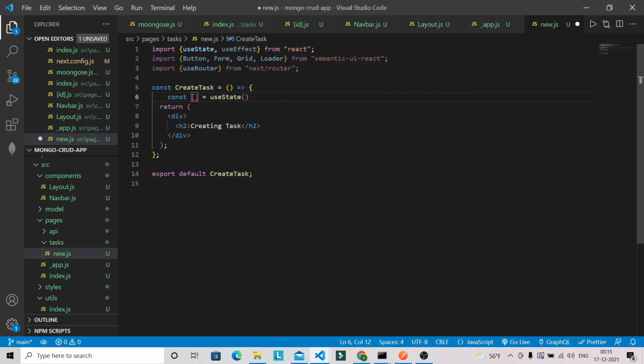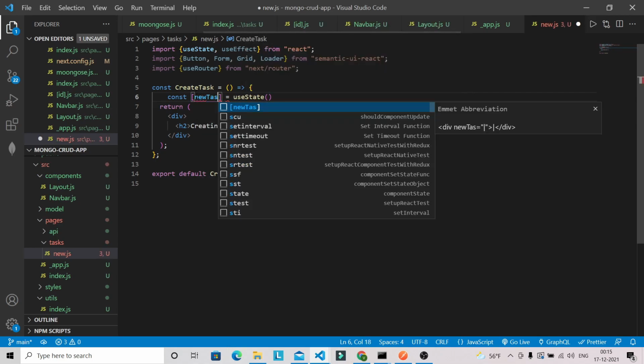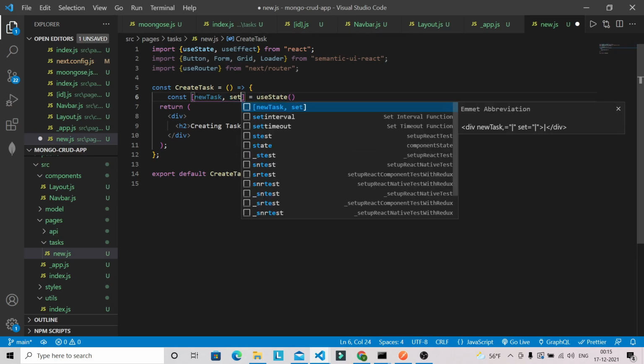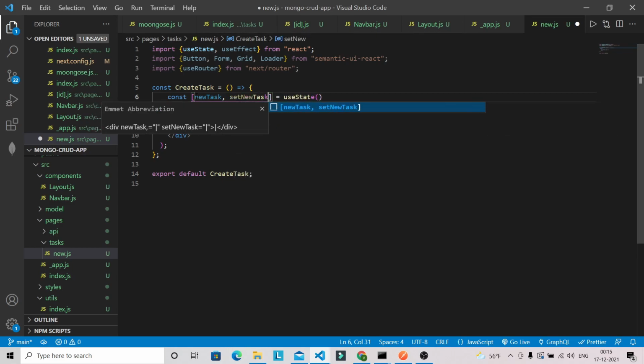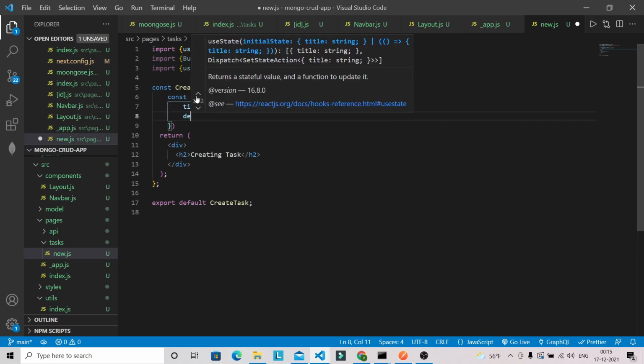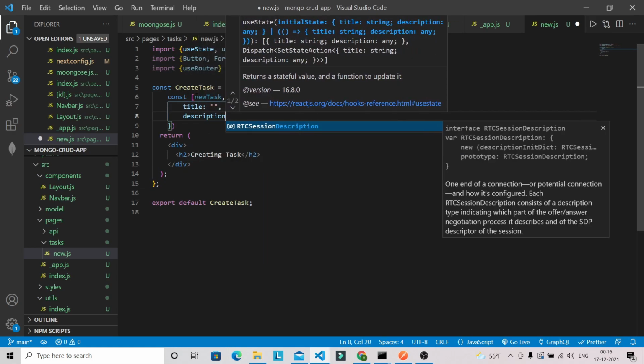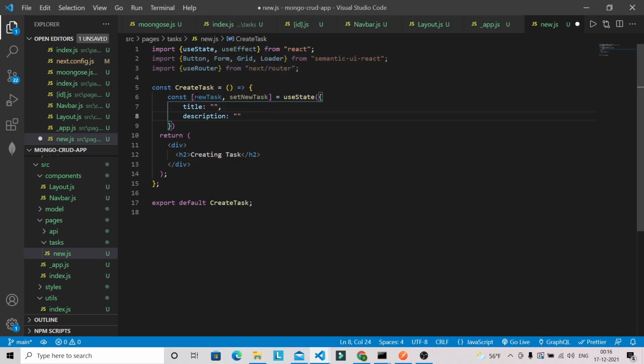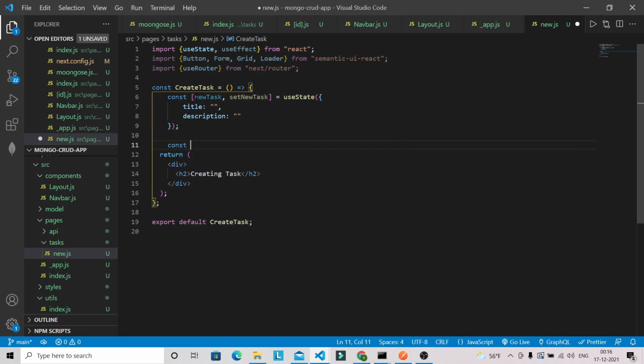and this will be newTask, setNewTask, and here we're gonna have title, description. Okay, and from useRouter we need the push method.